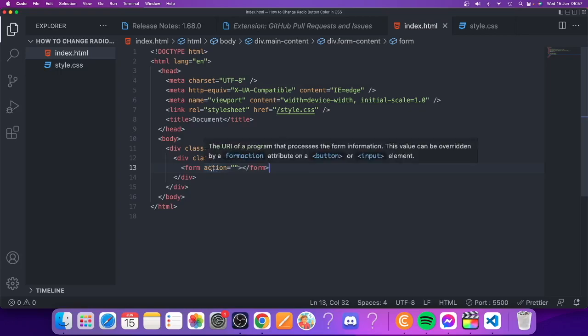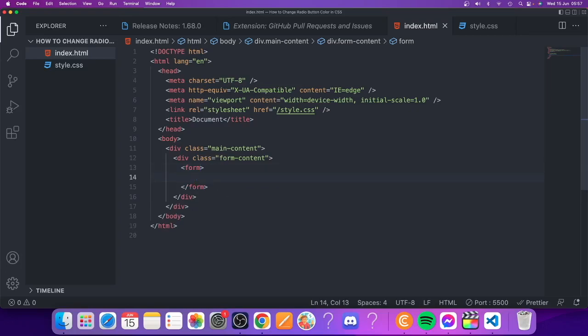Action that you can see right here. This action attribute specifies where to send the form data when a form is submitted. But in this tutorial we're not going to cover that. We're just going to create radio buttons. So I'm going to delete that, and after that I'm just going to add a div in this form